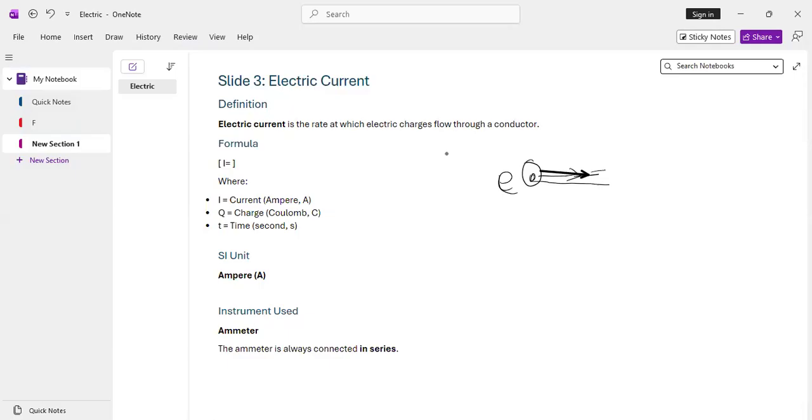So these electrons only flow on a conductor. The rate at which it flows, the rate means if this is an electron, for example, the time it takes this electron to move from here to here is what we mean by electric current. Some go faster, some go slower. So that's it. So what we should note about the symbols we need to note about